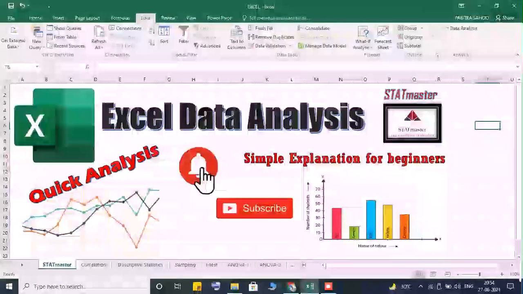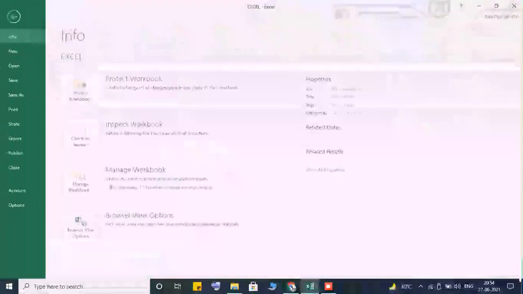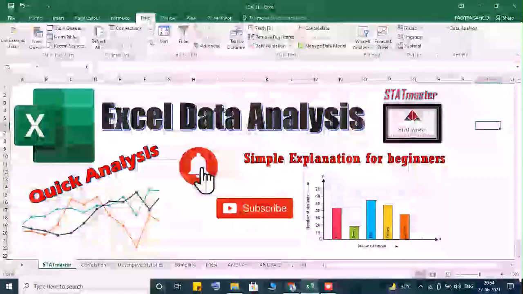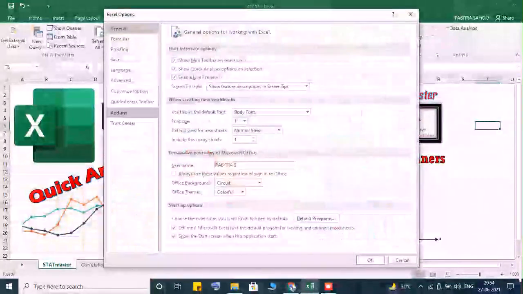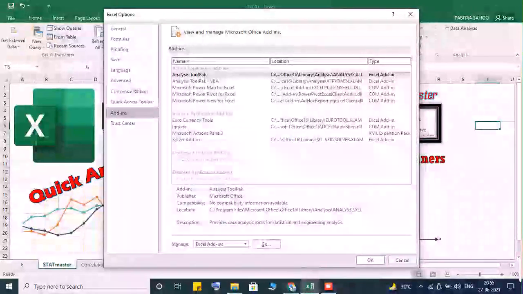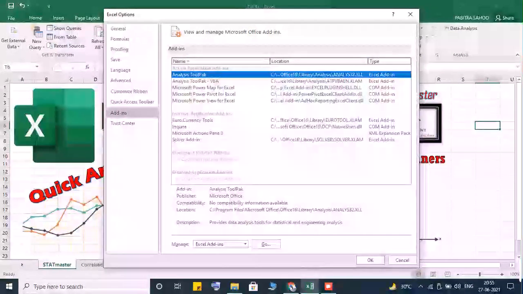So first of all, we have to know how to find the data analysis tab in Excel. We have to go to the File options and activate the data analysis tab from there. Go to Options. In this options menu, click on Add-ins. Wait for 2-3 seconds and it will come to a page where you can see a lot of applications. Activate the Analysis ToolPak and press the OK